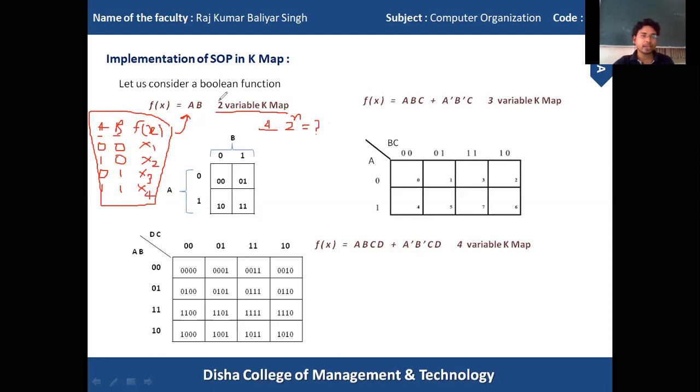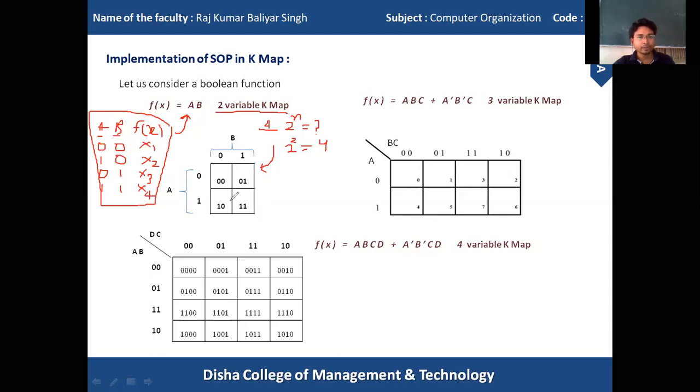So for this case, with two variables, 2 to the 2 equals 4. So I have to make a K-map table having 4 individual cells.